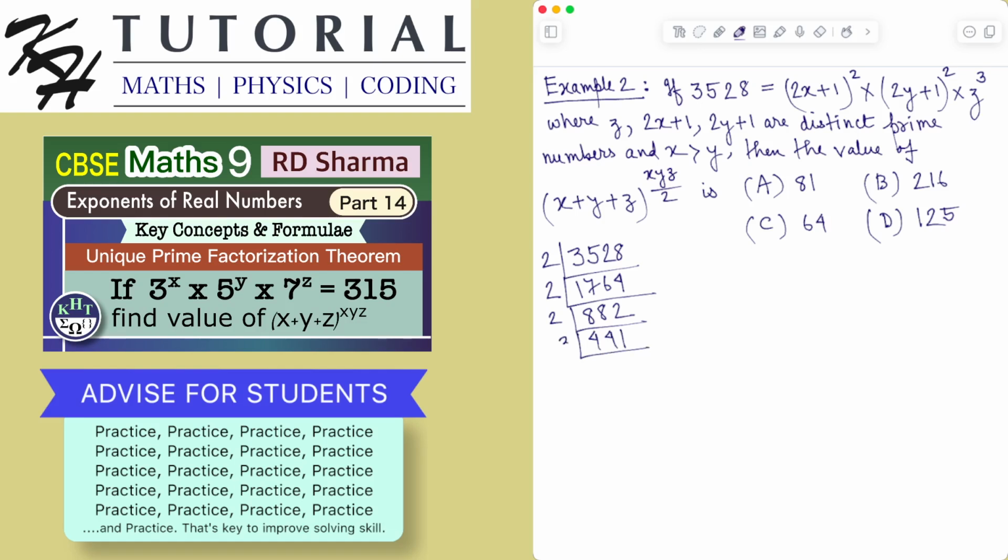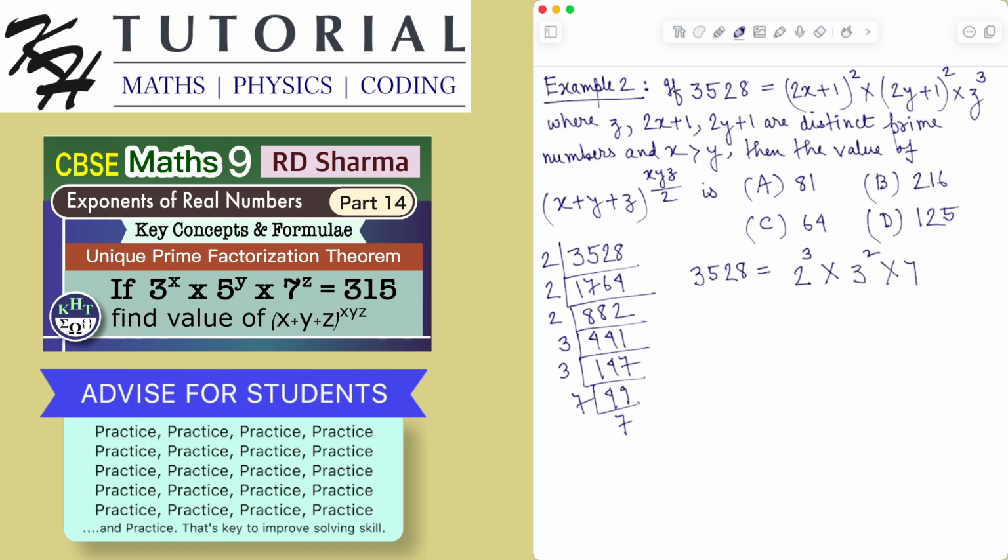Yes, it will divide by 3: 147, this will again divide by 3: 49, which is 7 times 7. So clearly the prime factorization of the number 3528 is 2 cube multiplied by 3 square